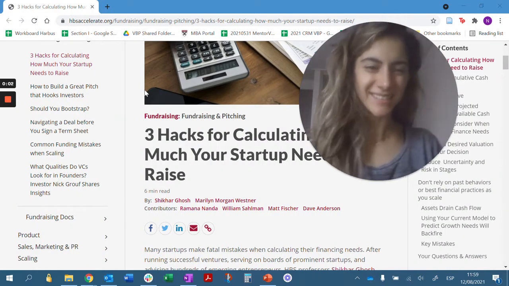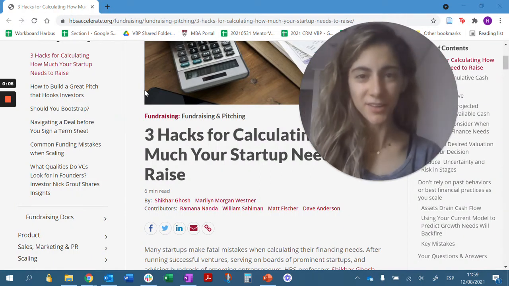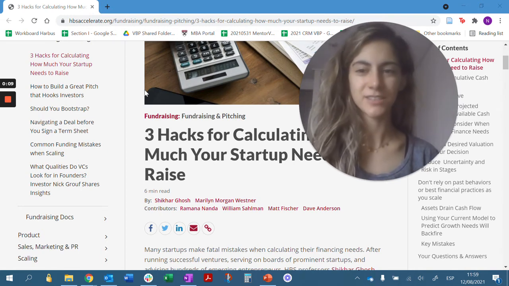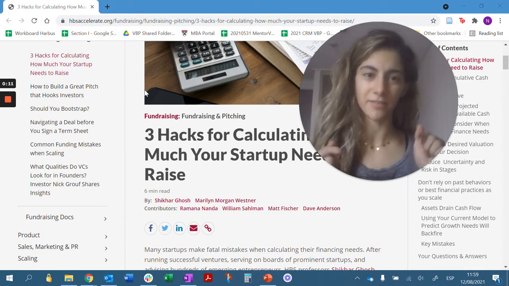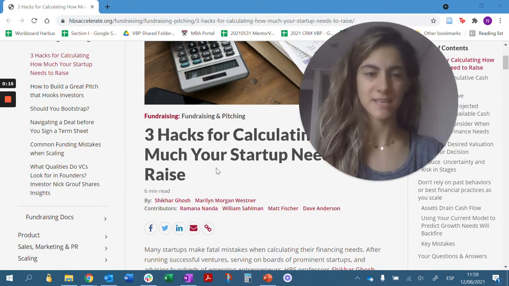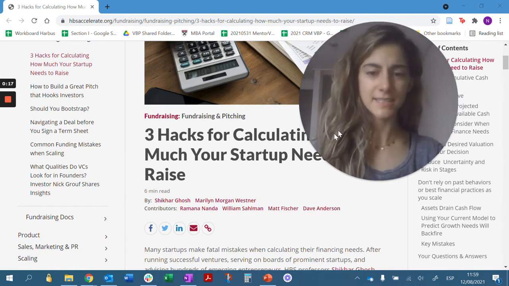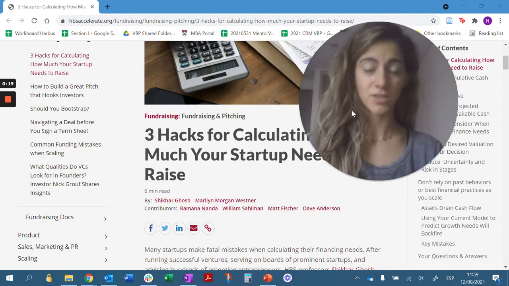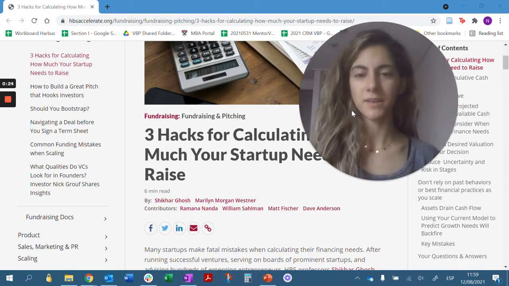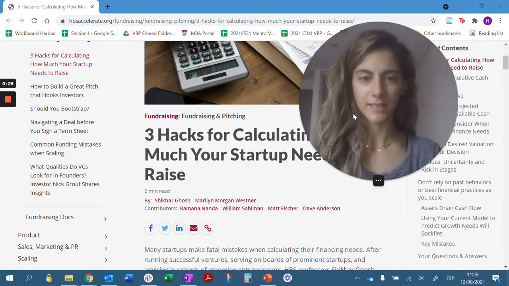Hello everyone. Today we're going to talk about the cash flow curve and why it's important. To do that, I'm going to be using an article that you can find in the description. It is an article by HBS Accelerate, and it is interesting because it gives a lot of information. We will only use one picture and the overall idea, but feel free to read it to get more context